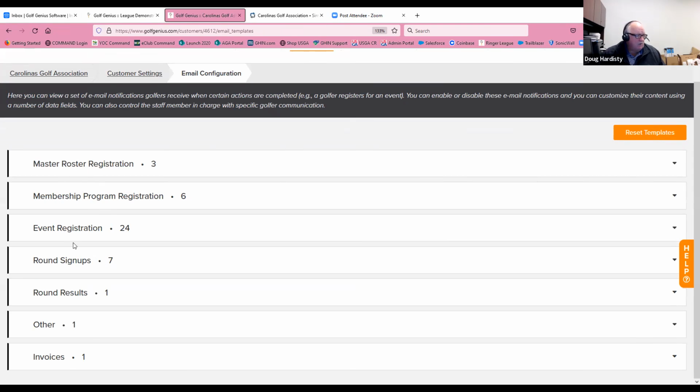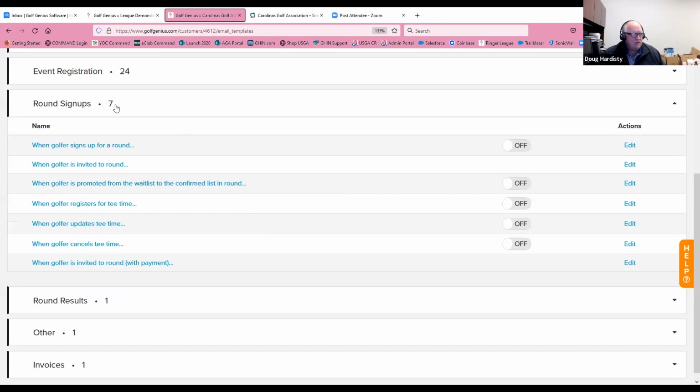We want to talk about event registration here, or, sorry, round signups. So there are 7 different possible emails that can be sent to members under round signups. And the first one is when a golfer signs up for a round or when a golfer is invited to a round. So let's take a look at the when golfer is invited to the round. We're going to take a look and edit that